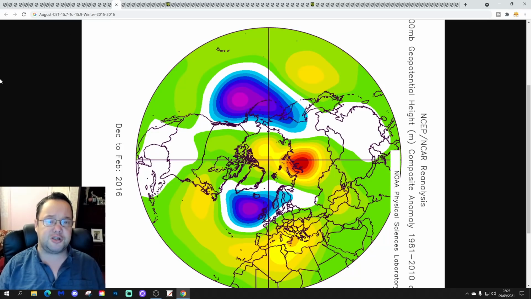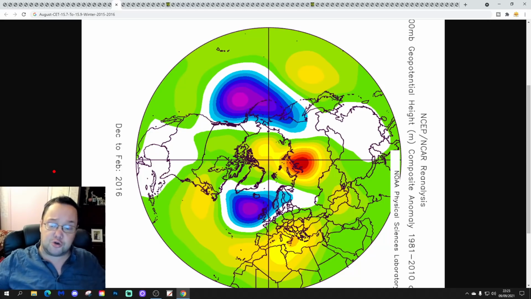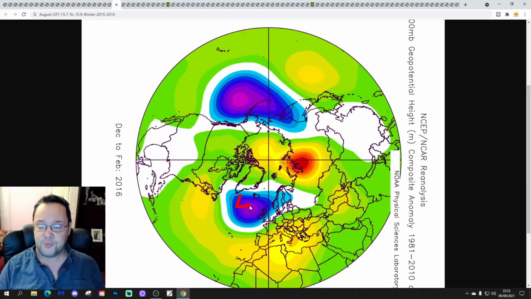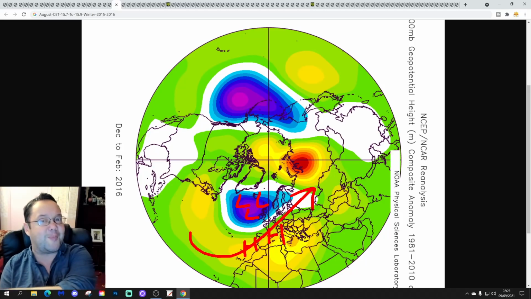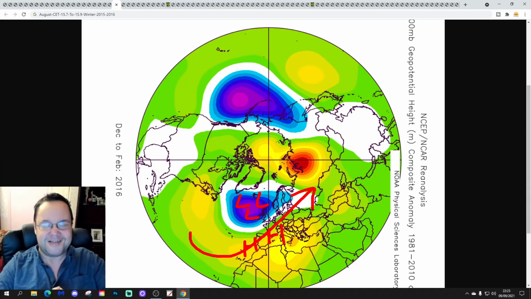And then we go through to winter 2015-16. That is the last time, I think, that we had an August CT range from 15.7 to 15.9. This, of course, was an exceptionally mild winter with below average heights to our north and west, above average heights to our south and southwest. We drag in the wind a lot of the time from the Canary Islands, from Bermuda, from the Bahamas, those sort of areas.